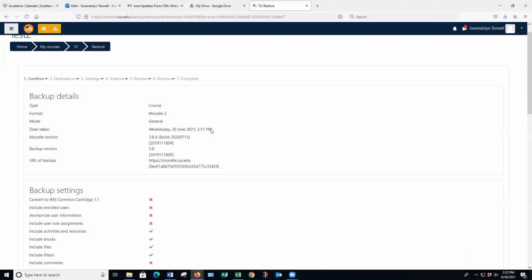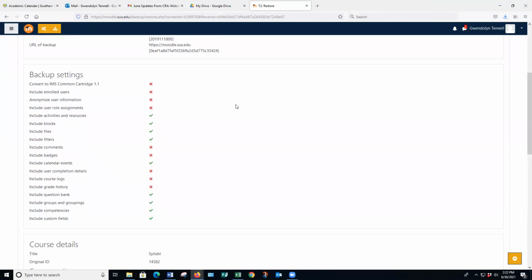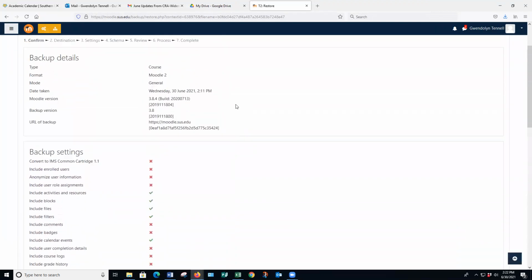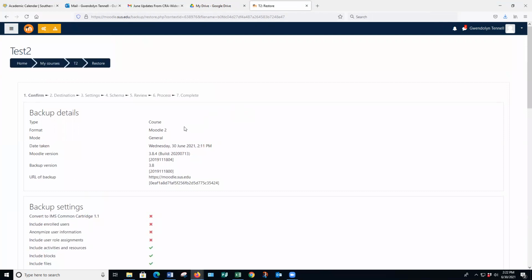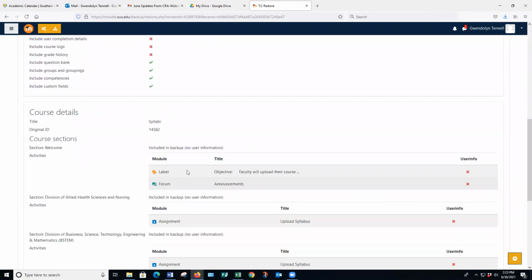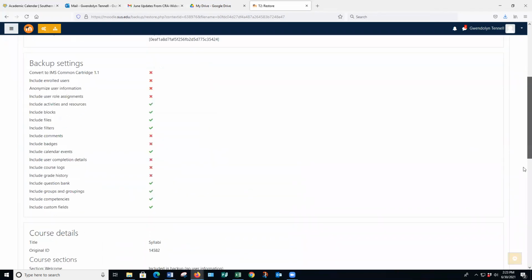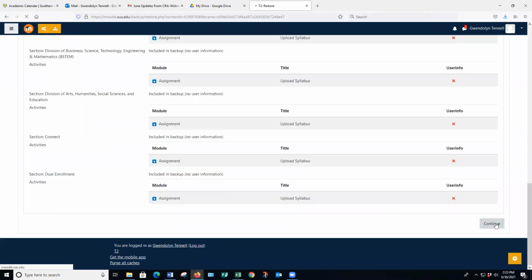Okay, so on this page, you're restoring your course. You want the whole course restored in there. In the future, and I probably already have some recordings in the Faculty Resource Center regarding this, we'll cover merging two courses, where you would choose what you want to restore into the course. But in this case, we're restoring a whole course into a new semester. We want everything. So once you click restore and you're on this page, just go down to the bottom and click continue,